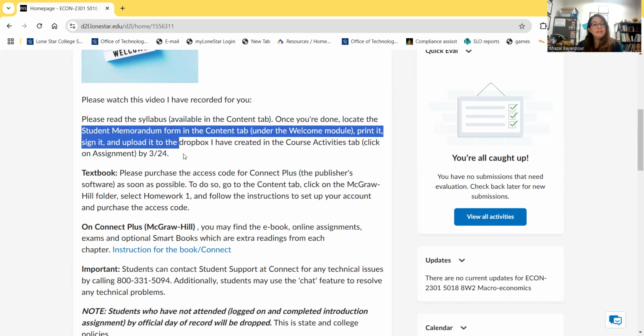By signing this student memorandum, you are telling me that you read the syllabus, you are aware of all the policies we have in our class, and you are agreeing to everything that is stated on this syllabus. If you have any question about the syllabus, please let me know before you sign that. But if you don't have any question, you can just print it out, or you can do it electronically, sign it,